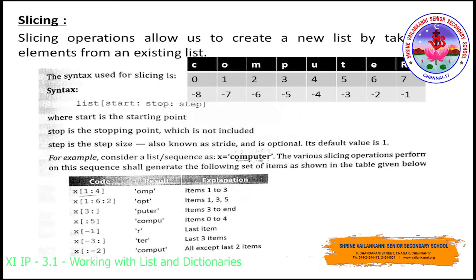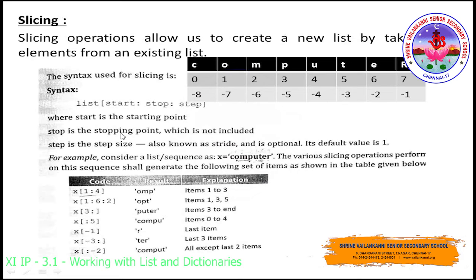And now slicing. What is the general meaning of slicing? Like cutting into two halves or cutting into many different parts, right? Similarly, slicing here means it allows you to create a new list or extract a part of the list. That represents slicing. The slicing concept you have discussed in the string concepts also. Even in the string we have done slicing, where we can extract a part of the string. Similarly, here you will make use of the colon symbol. Yes, for the slicing operator, you will make use of the colon symbol.